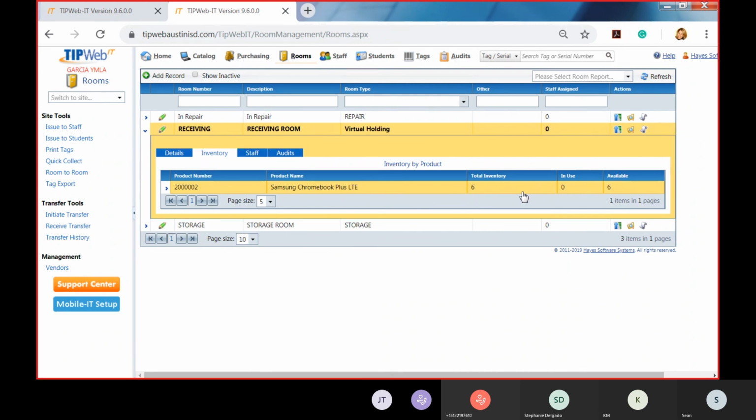If I had some students I needed to issue to. But if these are assets that maybe you're kind of on hold, they're waiting for backup for when those Chromebooks come back that need repairs, you can transfer these from the receiving room into your storage room. So your storage room is going to be that location on your campus where you're kind of holding assets so that you kind of have those loaners,